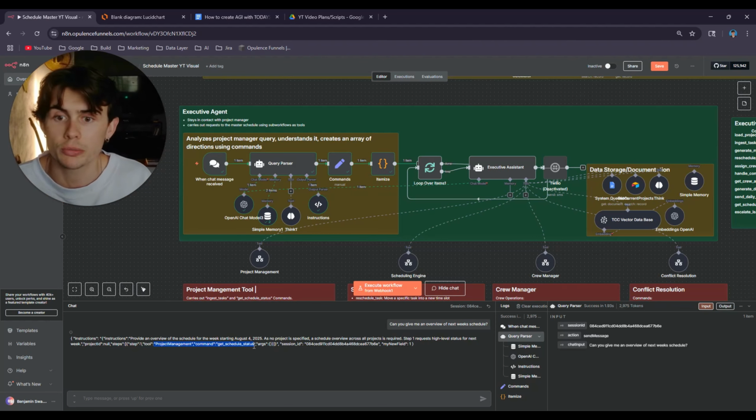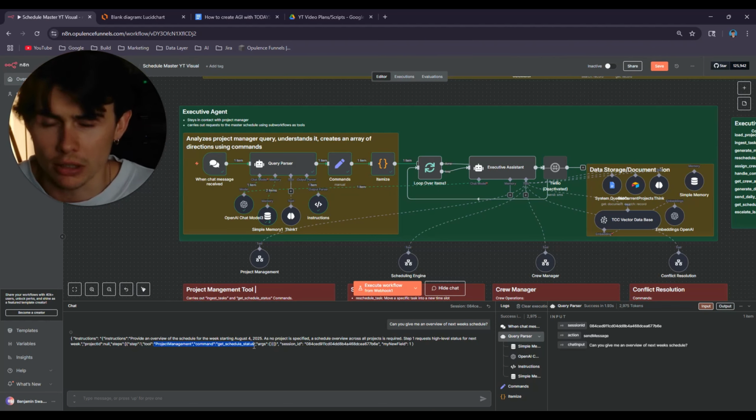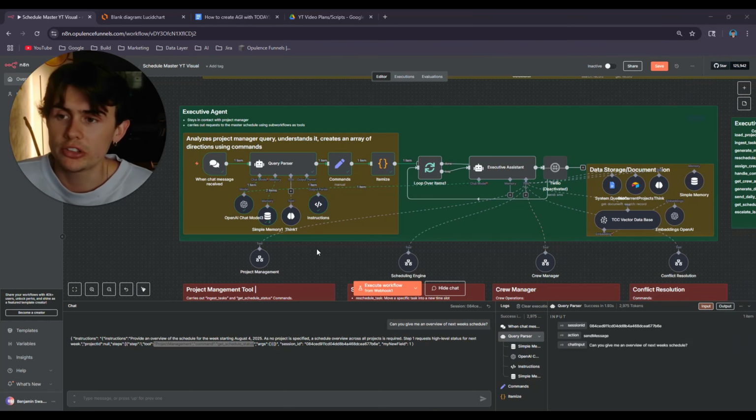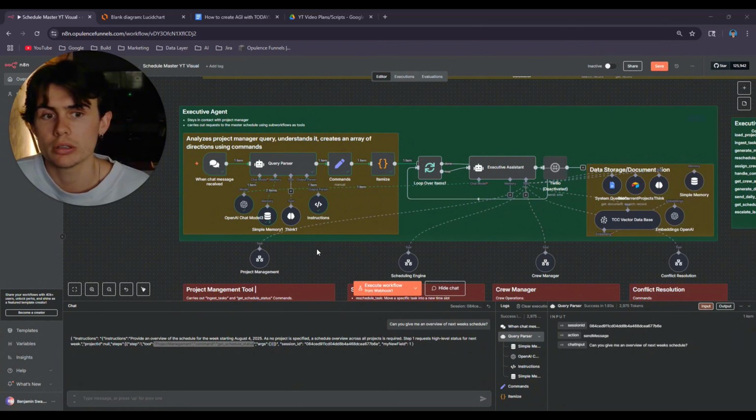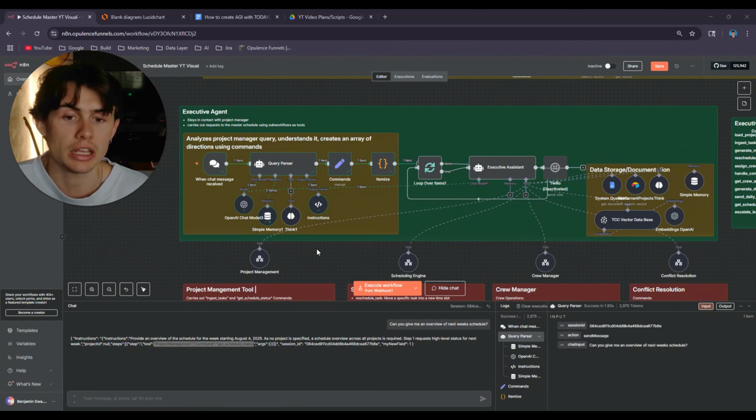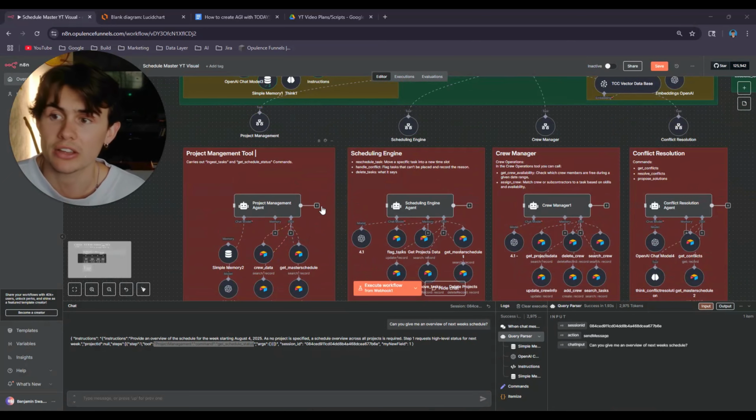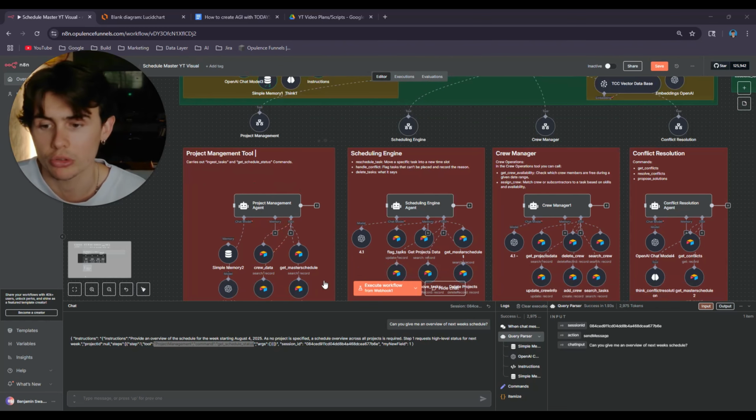So instead of the tool call being, let's say, a normal tool that you would give an agent in N8N, the tool that you're giving it is, remember, this entire sub-agent tool. So you're actually giving it access to another AI agent as a tool. But this tool name is the project management agent or tool.